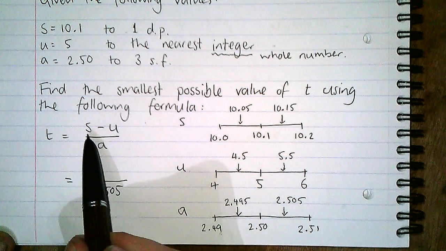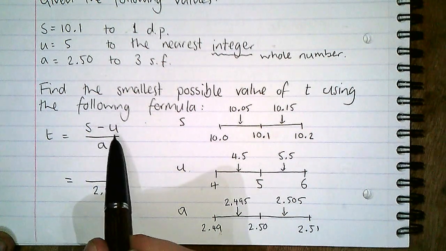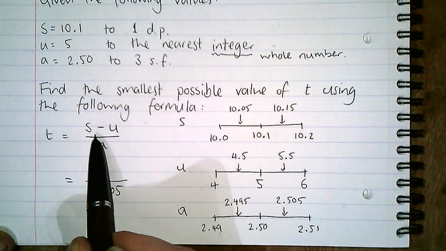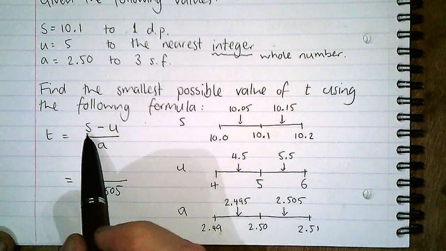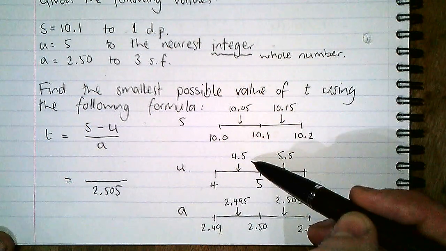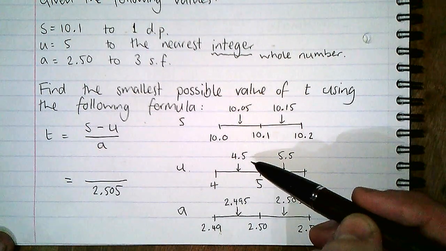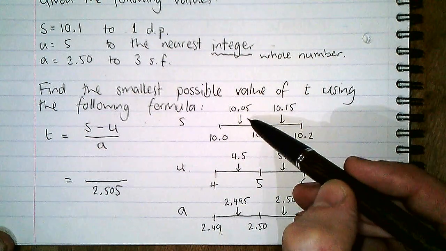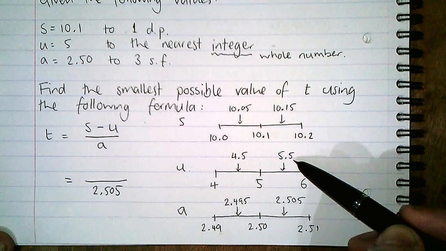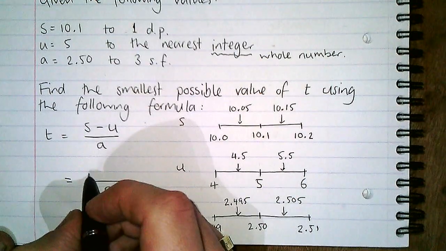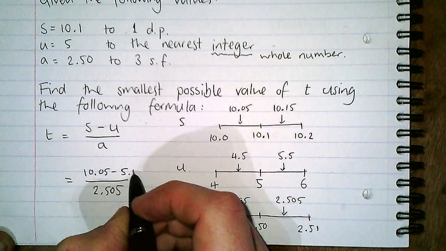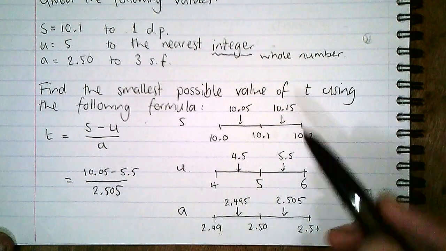Now here on the top I've got subtraction. I've got something minus something. In order to make this as small as possible, what values do I have to put in for S and for U? Well, if I put both smallest values in, so I put 10.05 and 4.5 in, I'd get a small value, but there's a way I can get a smaller value, because if I put the smallest value of S in and I take away the largest value of U, that's going to make it even smaller, isn't it? So here I'm going to put 10.05 in and subtract 5.5,